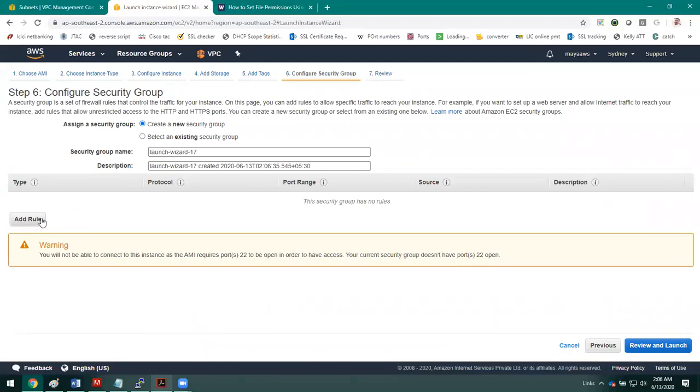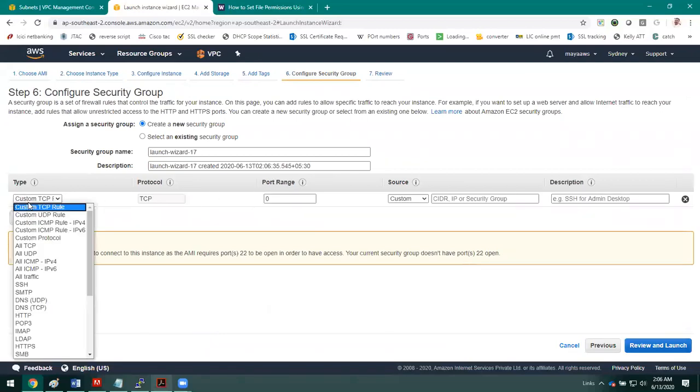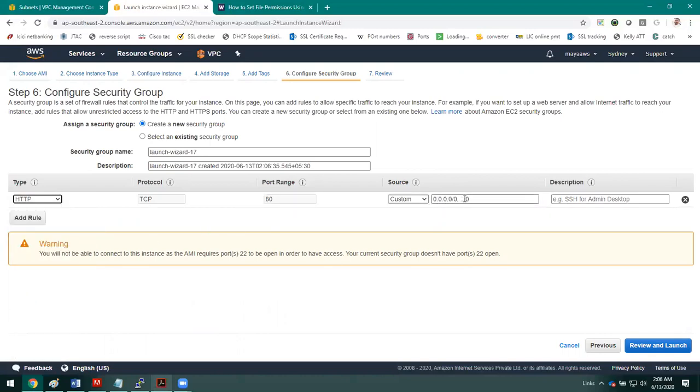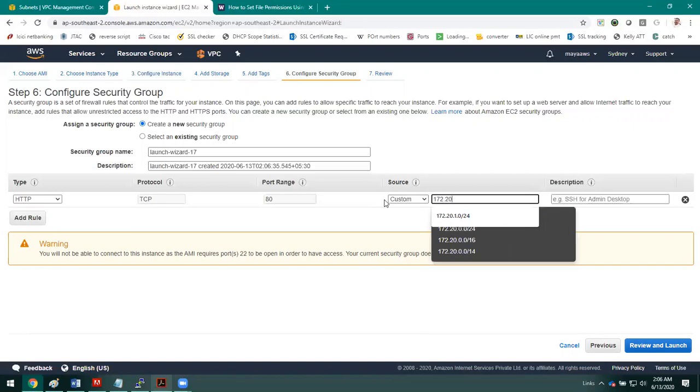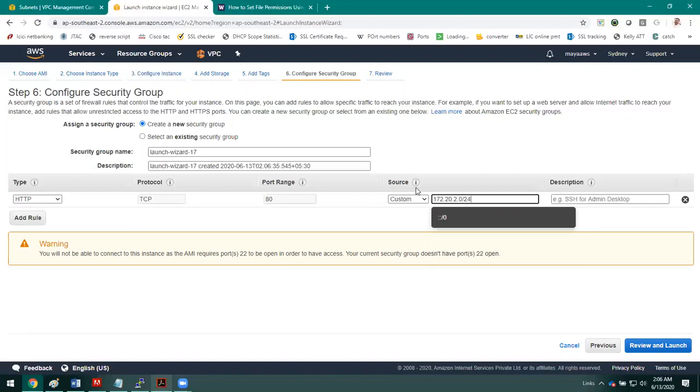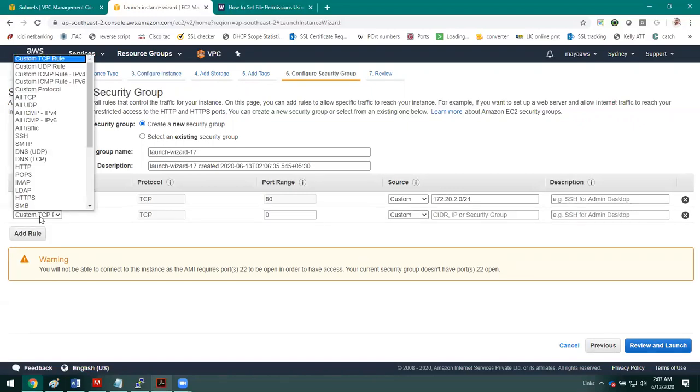Let me remove this rule. HTTP. So this rule should contain the private subnet machine should be accessible to the internet with the HTTP port. Then add one more rule to access the HTTPS.